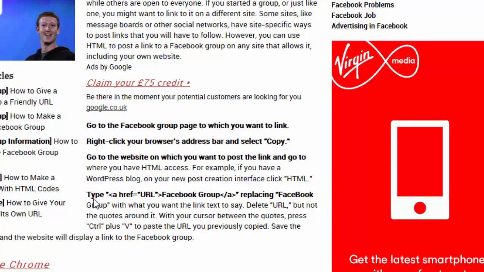Basically, you copy the text in this paragraph here, where it's got type and then open brackets and then a load of text,